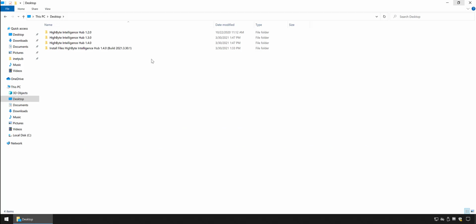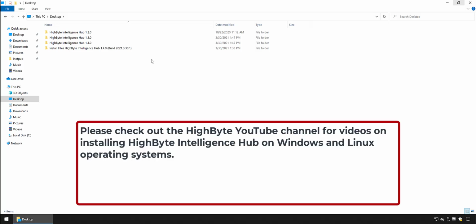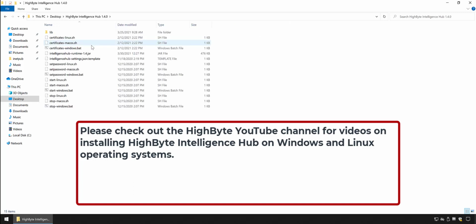It is assumed that you have already downloaded and installed the latest version of HighByte Intelligence Hub. In this video, we are upgrading to version 1.4. Here you can see we installed the runtime component to the HighByte Intelligence Hub 1.4.0 directory. We have also deployed the configuration component to our specific web server. Please consult our installation videos for Windows and Linux, and our user guide if you have not already completed this